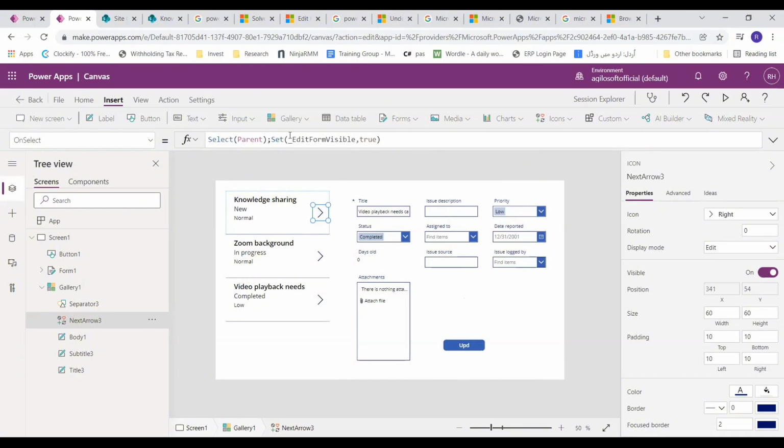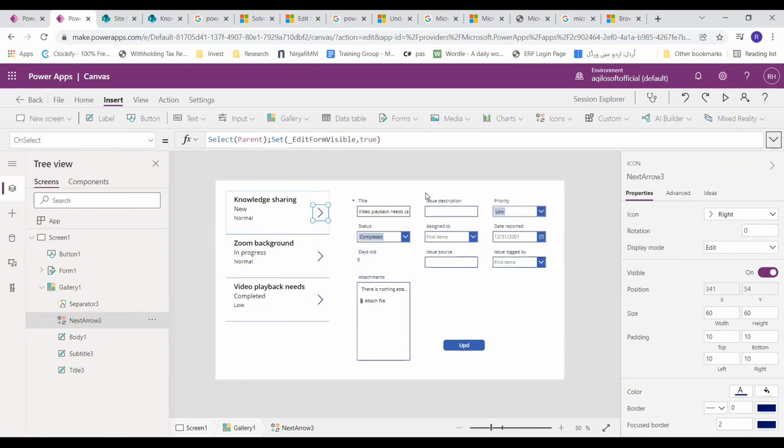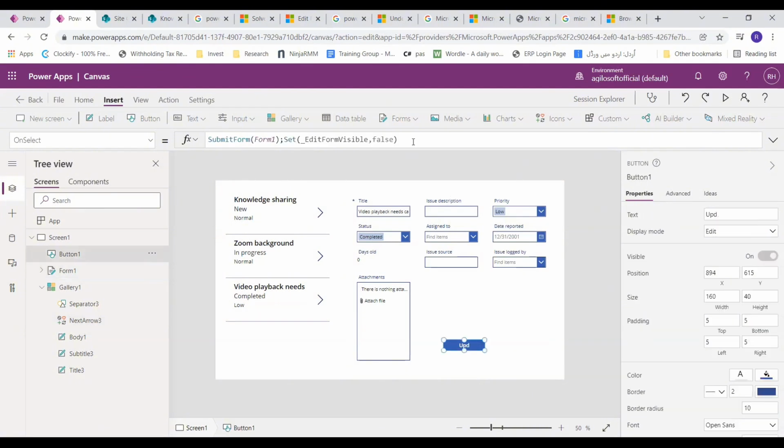So I wrote some code here. So if you want to write something very, very big, you can see that this is cumbersome to write. And there is no parenthesis, no start of function, no end of function. I think this is new. It used to be comma, now it is semicolon. Anyway, and then I threw in a form view on edit mode. I gave it the same data source. I added a new button, put some code here,